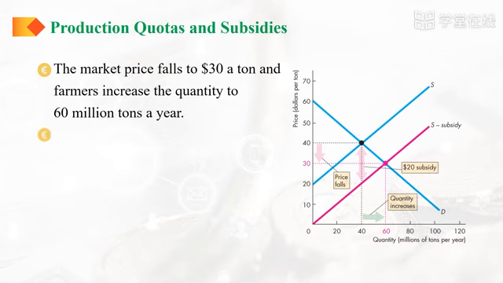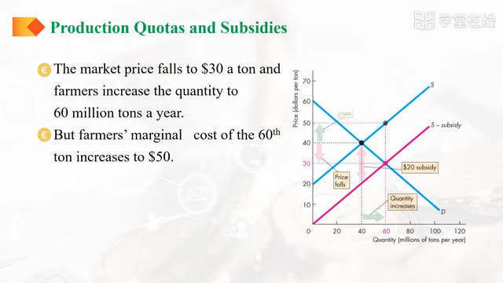Number 3, an increase in marginal cost. The subsidy lowers the price paid by consumers but increases the marginal cost of producing peanuts. Marginal cost increases because farmers grow more peanuts, which means that they must begin to use some resources that are less ideal for growing peanuts. Peanut farmers slide up their supply and marginal cost curves. In figure 6.12, marginal cost increased to $50 a ton.